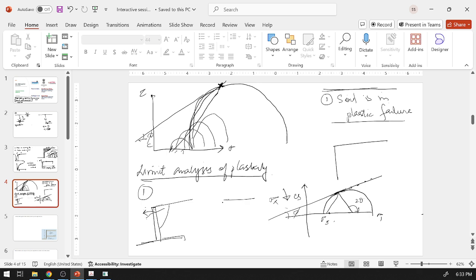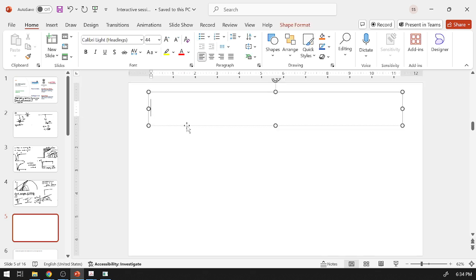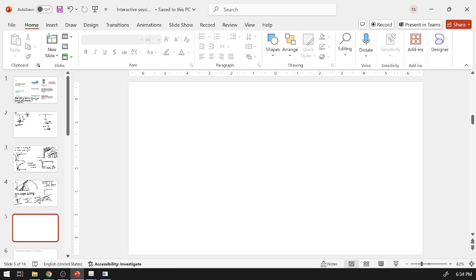And passive earth pressure is when the wall is moving towards the backfill and sigma x is increasing. So Rankine gave a theory. Oh, and the other fact is that